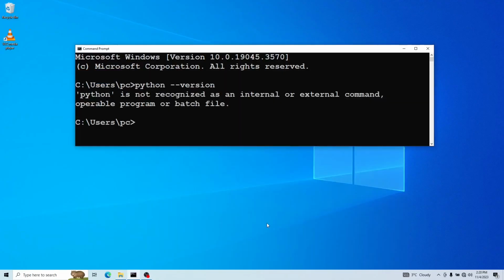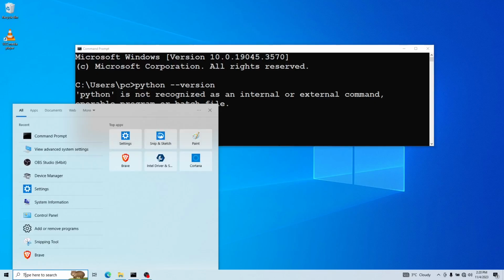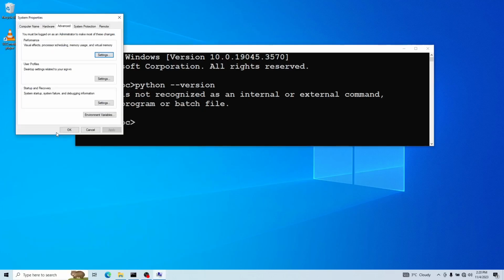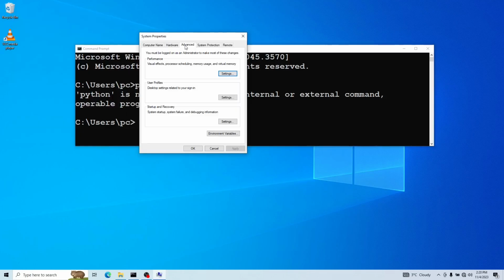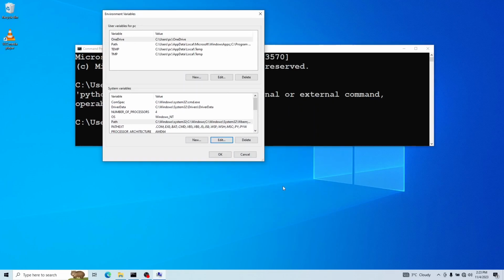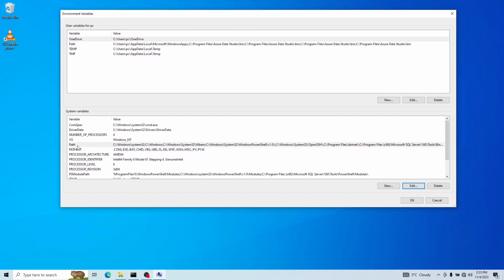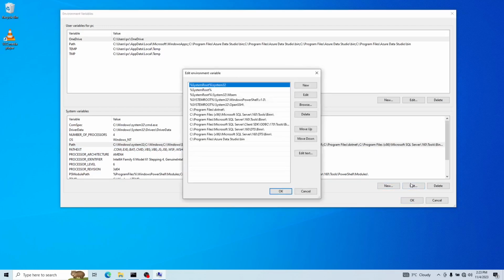Now go to your Windows search bar and type Advanced System Settings. Open it. Now in this System Properties window, under Advanced tab, click Environment Variables tab. Under System Variables, select Path and click Edit. Now here,